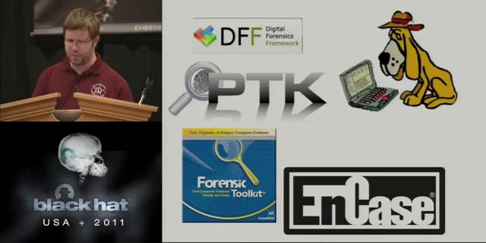Forensic Toolkit is what we typically teach a little bit of in our National Forensics Training Center classes. In our classes, we try to be vendor neutral. However, we do use some of AccessData's tools. Especially with AccessData, there's a really nice tool that they put out for free, FTK Imager, which is intended to be a free tool that you can just put on a USB thumb drive, not worry about the licensing, and be able to image drives for later forensic analysis. But it turns out there are some pretty cool little tools in there for pulling out deleted files, looking at slack space, examining disks directly, and things like that.